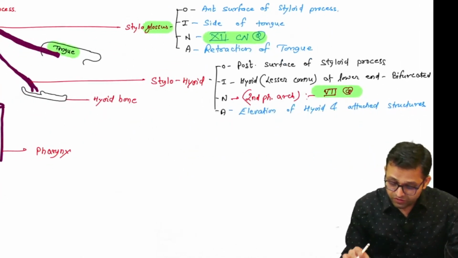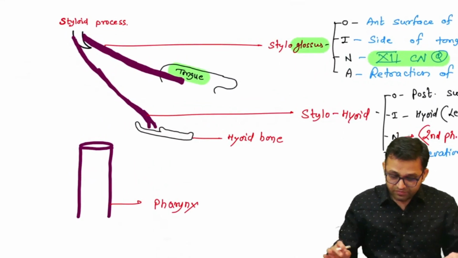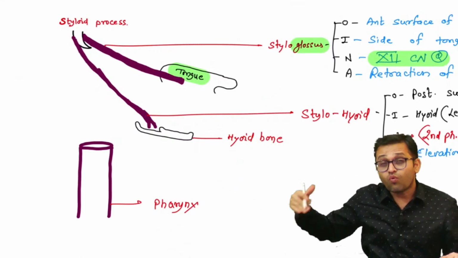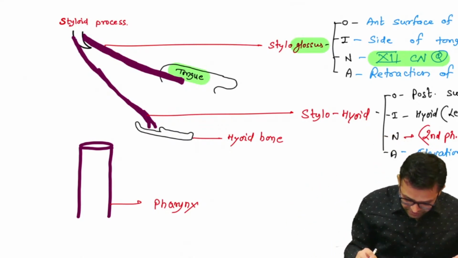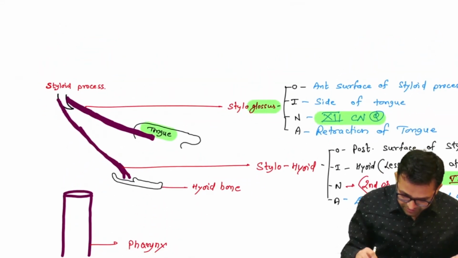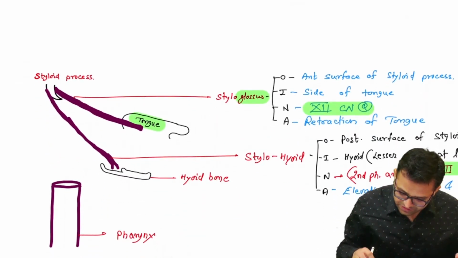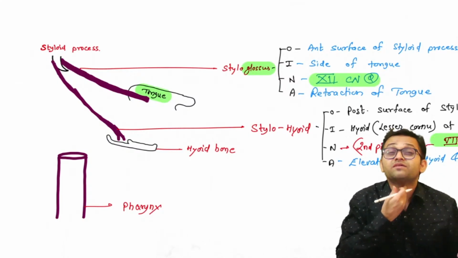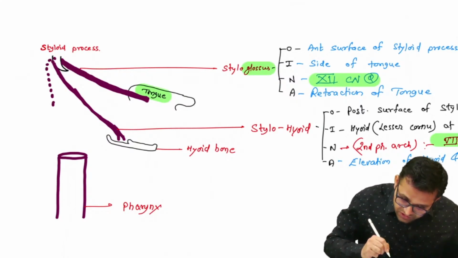Agree? Now, look for the next. Here we are going to talk about the muscle that will take origin from the styloid process and get insertion into the pharynx. What should be the name? Stylopharyngeus. So just one diagrammatic presentation for all of you. The stylopharyngeus muscle arises from the medial surface. The pharynx is at the midline, so it will take origin on the medial surface. I am presenting it with the dotted line, and it is getting insertion into the pharynx.